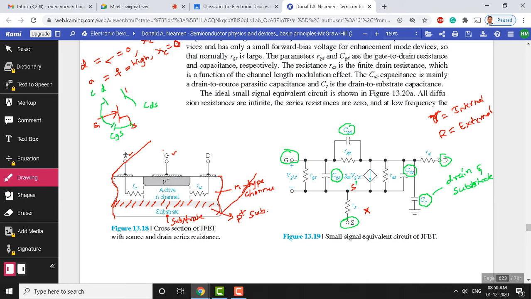As you are seeing here, there is a source, gate and drain. The channel is of n type and the gate is of the P type. The substrate is also going to be the P type. And you observe here there are several PN junctions within this also. Between the P substrate and the n channel, there is a PN junction, and between the gate P plus region and the n channel, again there is a PN junction.